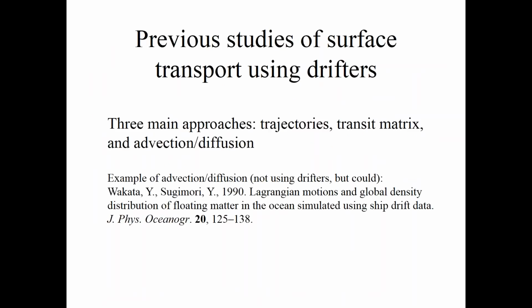There have been a number of previous studies of surface transport using drifters, and a number of approaches taken in those studies: looking at trajectories, using the transit matrix approach that I'll be talking about, and then advection diffusion kind of studies. I'm not going to get into that third type very heavily at all. I'll mention one very prominent example, this 1990 paper where they use ship drift velocities rather than drifter derived,